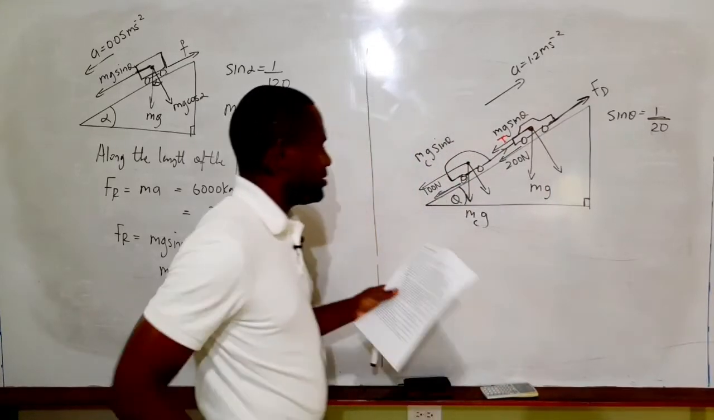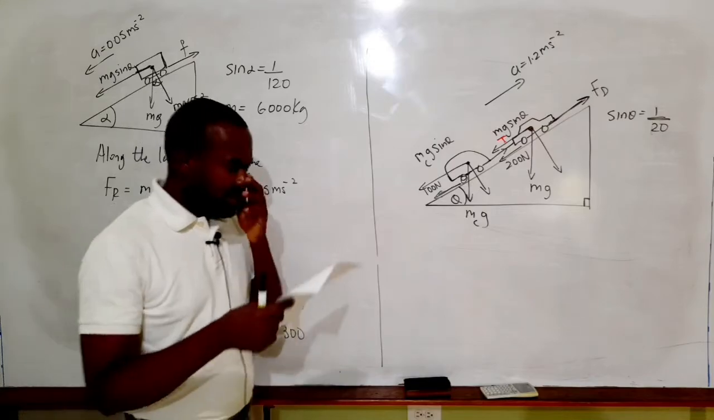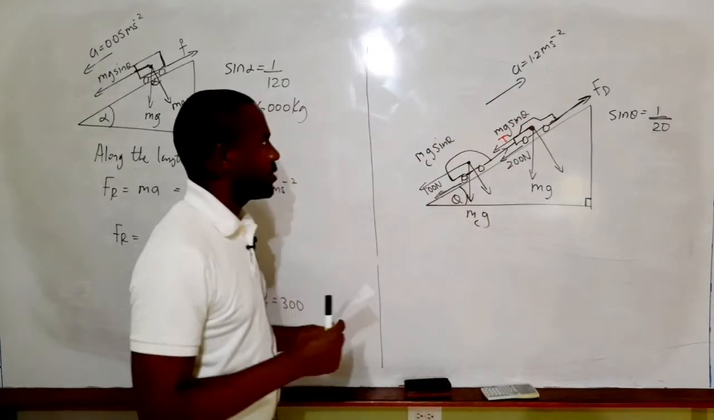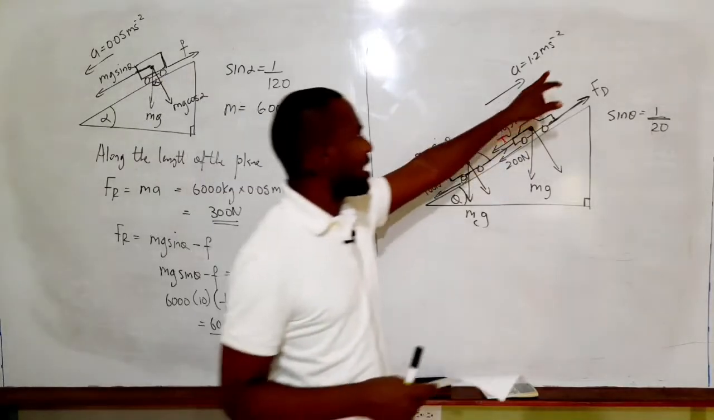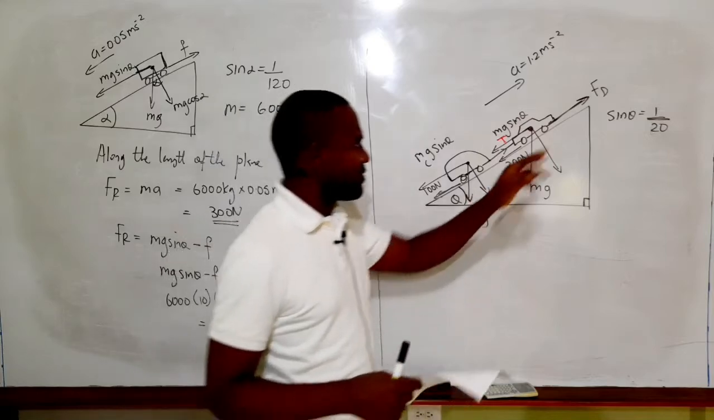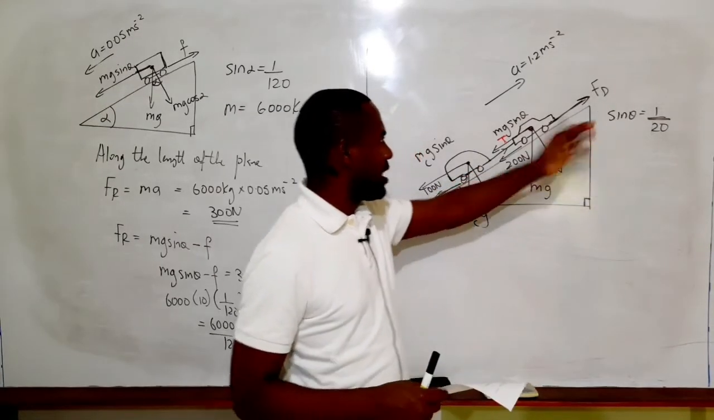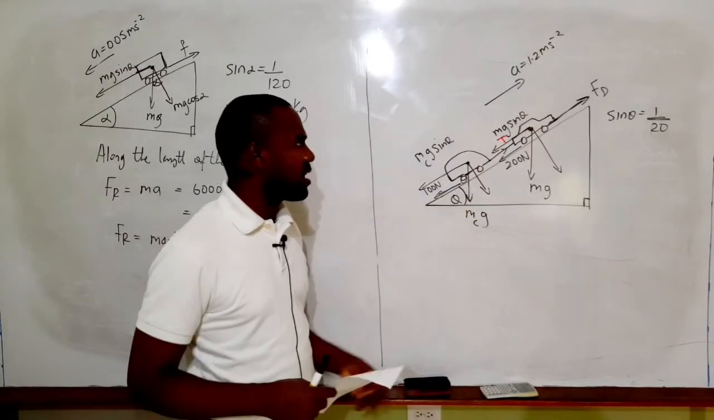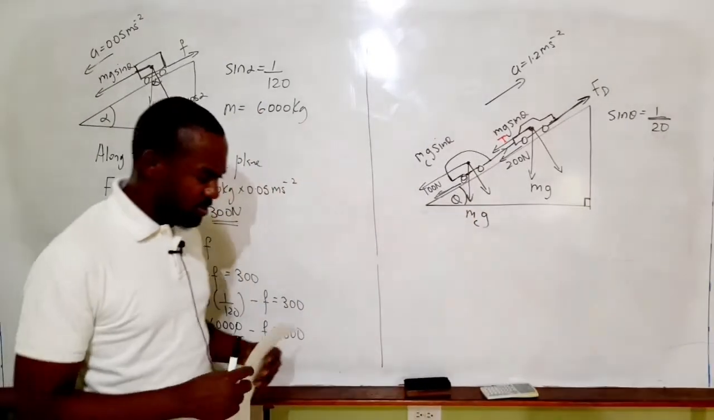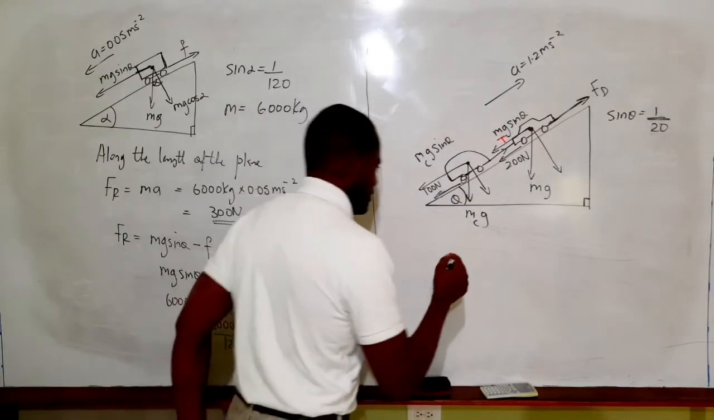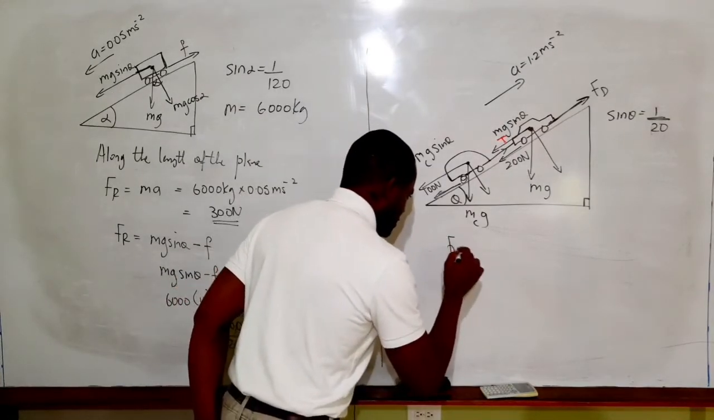So our tension T, right? Now let's consider the bodies together. We know that there's an acceleration of 1.2 meters per second squared. Now the driving force is being provided by the engine, and of course the car is pulling the caravan. So what we basically know is that the forward force